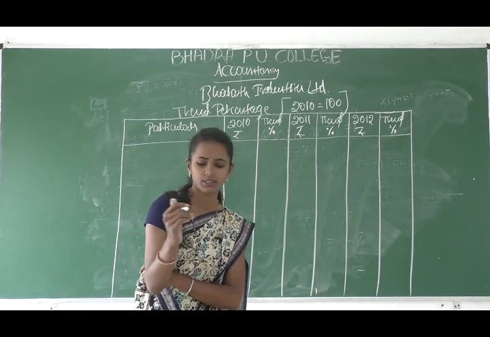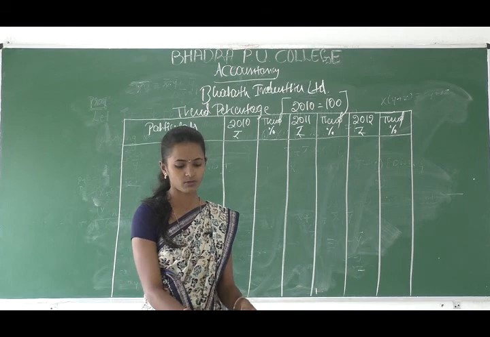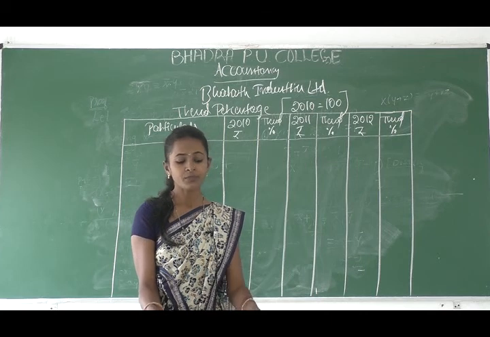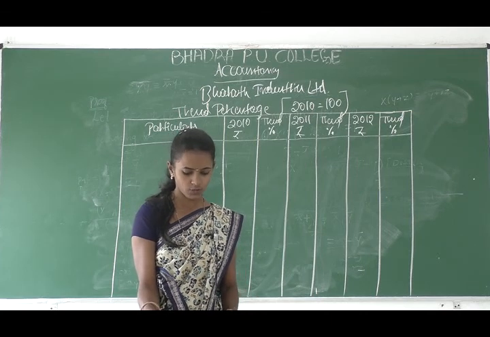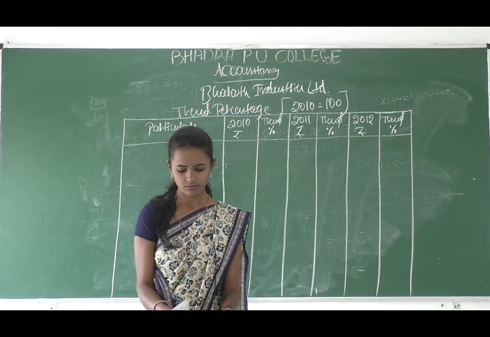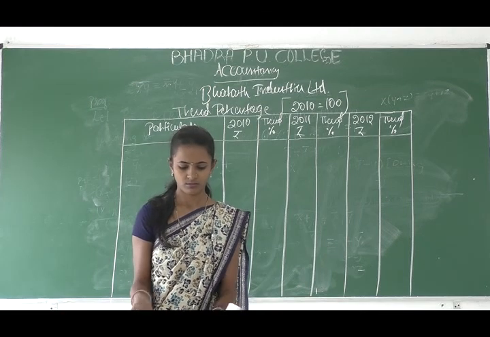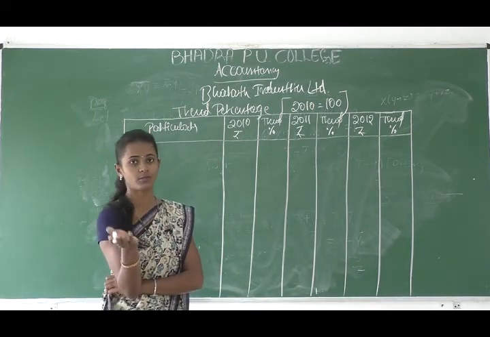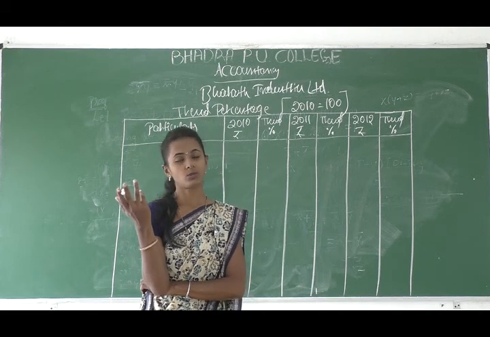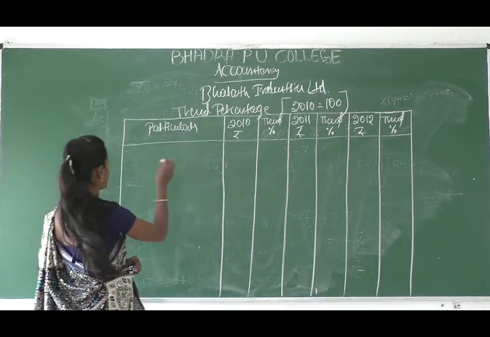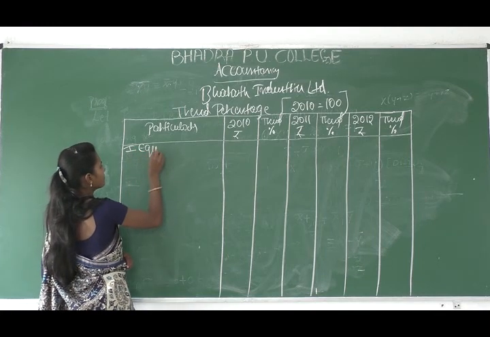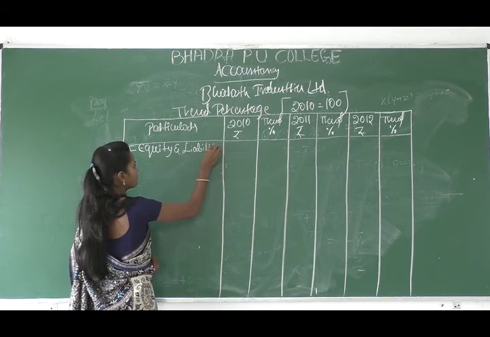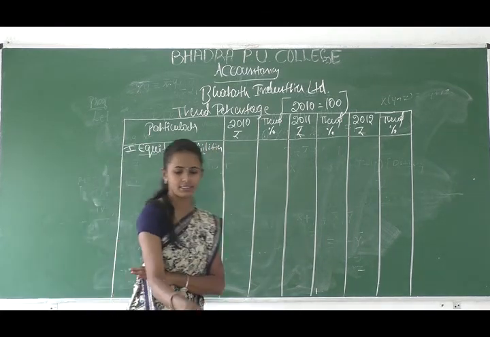Here they have given the items one by one, so we need to categorize the items according to the format. In our format we have to go on categorizing the items as they normally appear. Here they have given them as usual. Again go back to your format of a balance sheet. The Roman number 1 is always equity and liabilities. So I am taking here Roman number 1, equity and liabilities.